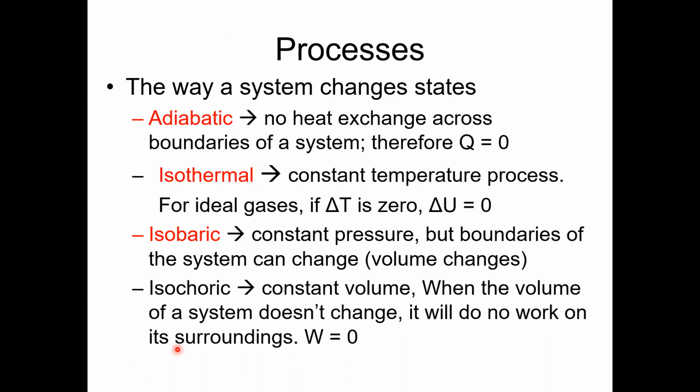Processes. The way a system changes states. Adiabatic: no heat exchange across the boundaries of a system, therefore Q equals 0. Isothermal: constant temperature process. For an ideal gas, if delta T is 0, delta U equals 0 as well. Isobaric: constant pressure, but the boundaries of the system can change, so volume changes. Isochoric: constant volume. When the volume of a system doesn't change, it will not do work on its surroundings, so